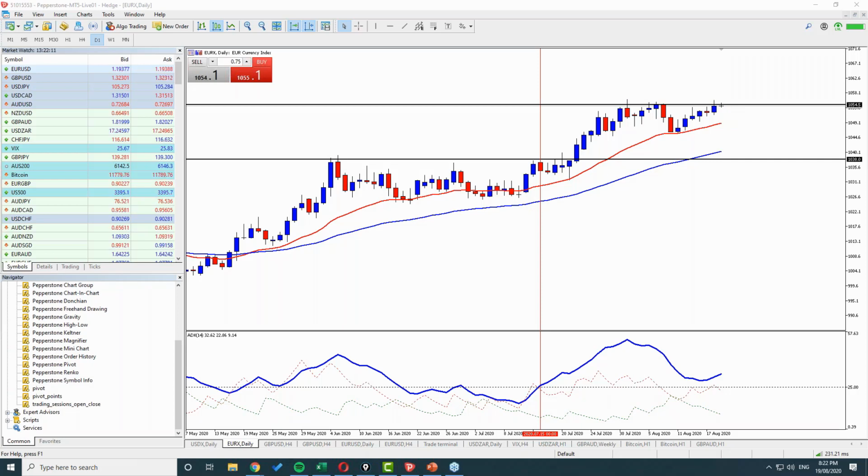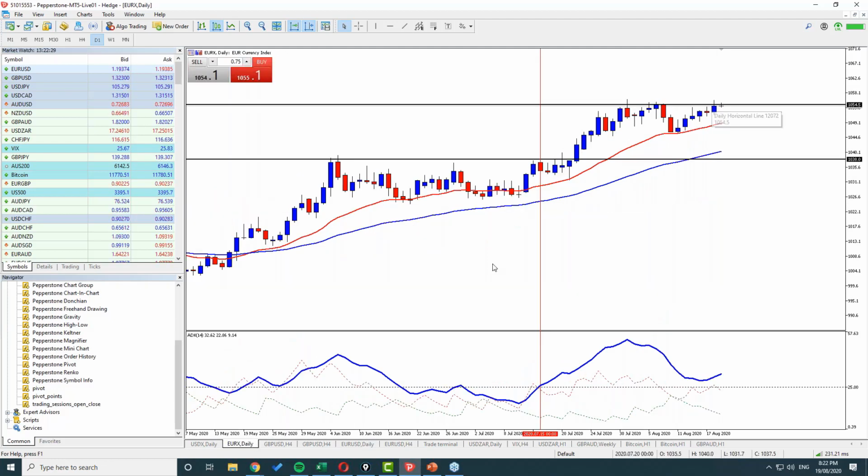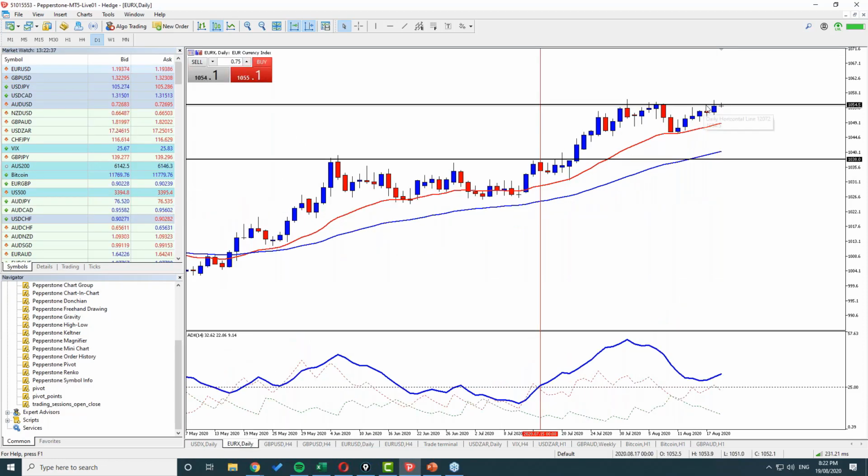Now, what's that going to be telling us? It's going to be saying the euro dollar index is ready for its next move up and next move towards strength. If we go and have a look, the euro actually has moved before the euro index. So that can mean one of two things. That can mean that if the euro index also breaks above, we are now looking at an incredibly strong euro and US dollar weakness, because we have the euro index breaking above, showing it's ready to move to the next point.